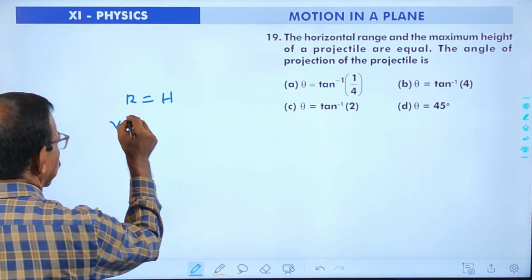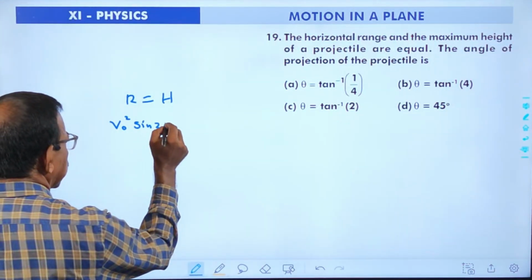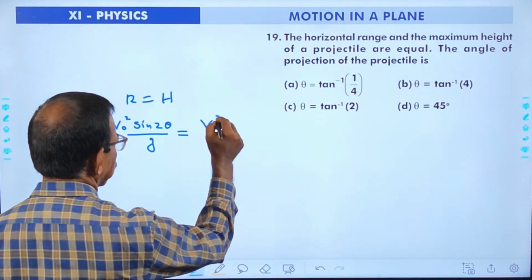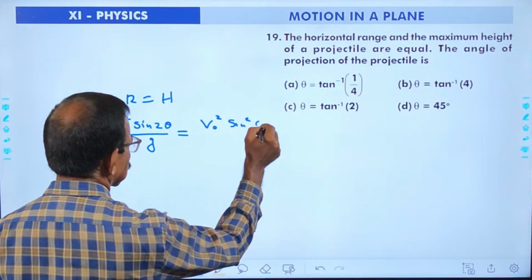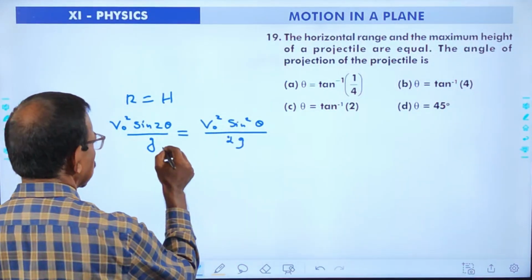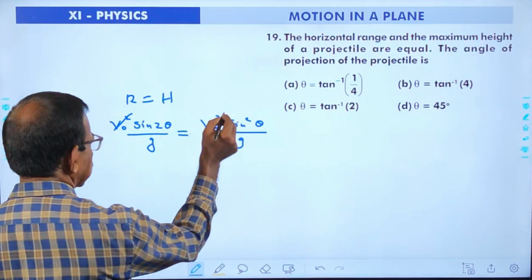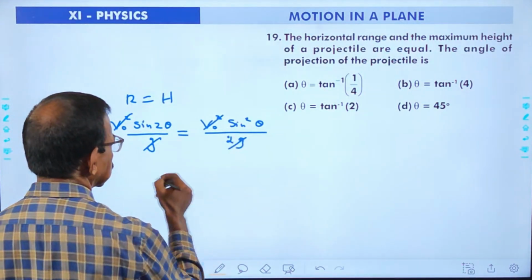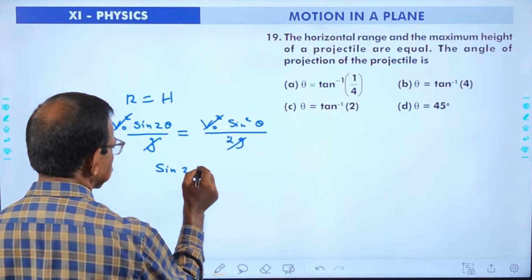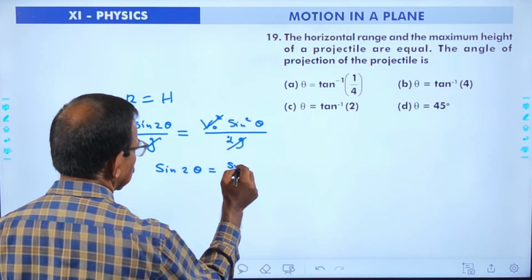R equals V0 square sine 2 theta by G. Maximum height is V0 square sine square theta by 2G. These are equal. And then V0 square cancels, G cancels, and the remaining will be sine 2 theta equals sine